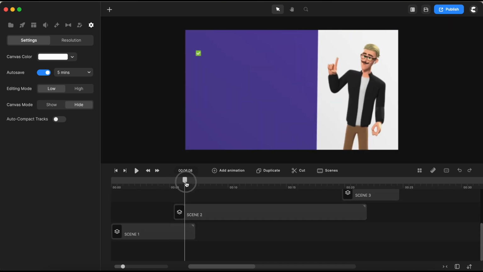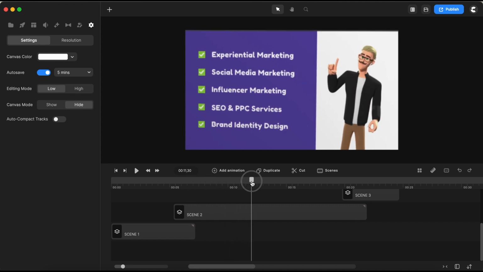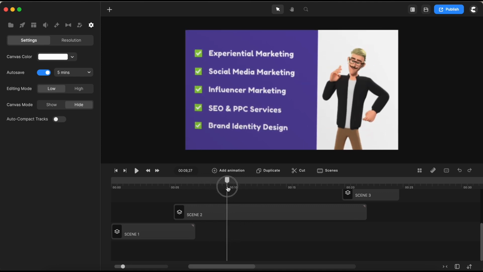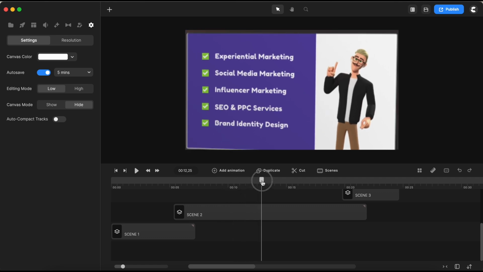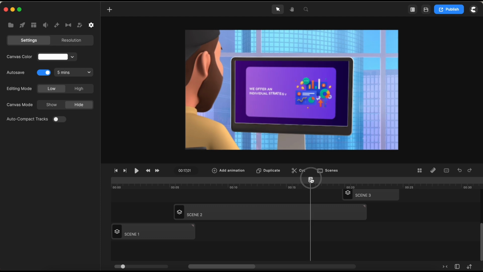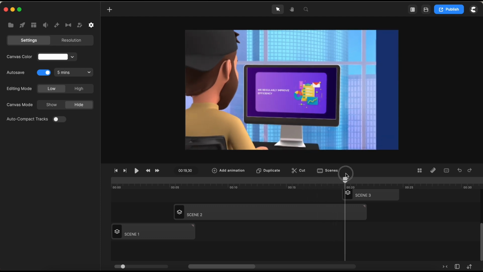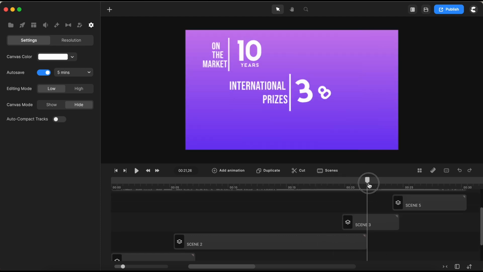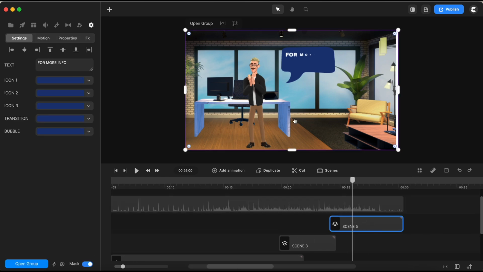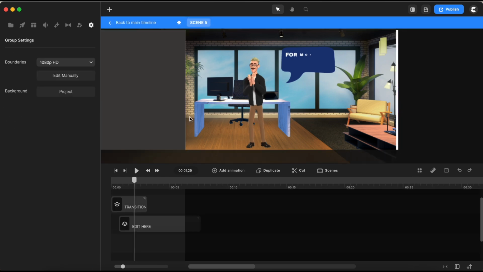I think it will work just great. Okay, I think it's going to look nice. Let's see how it looks. If I play it slowly, you can see this scene zooming out, and the new guy working on PC comes in view. Then I go to the last scene, and here as well, I go to open the group, then